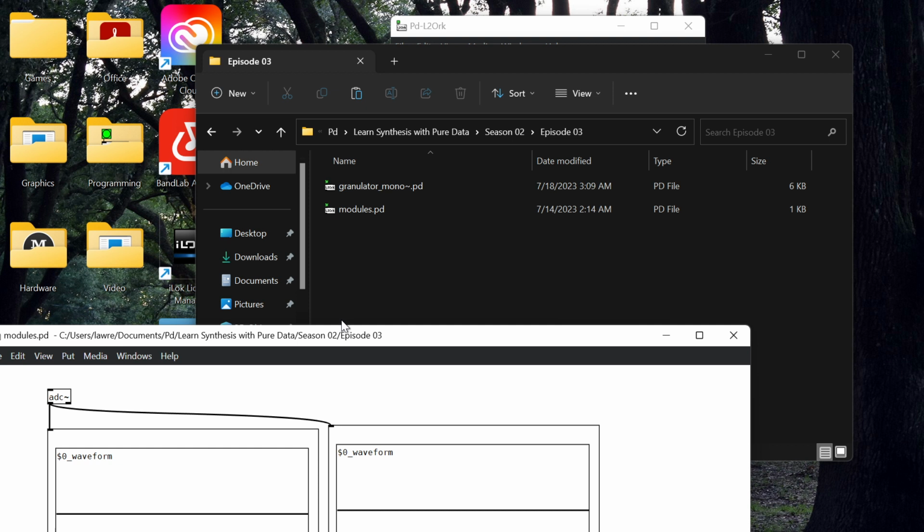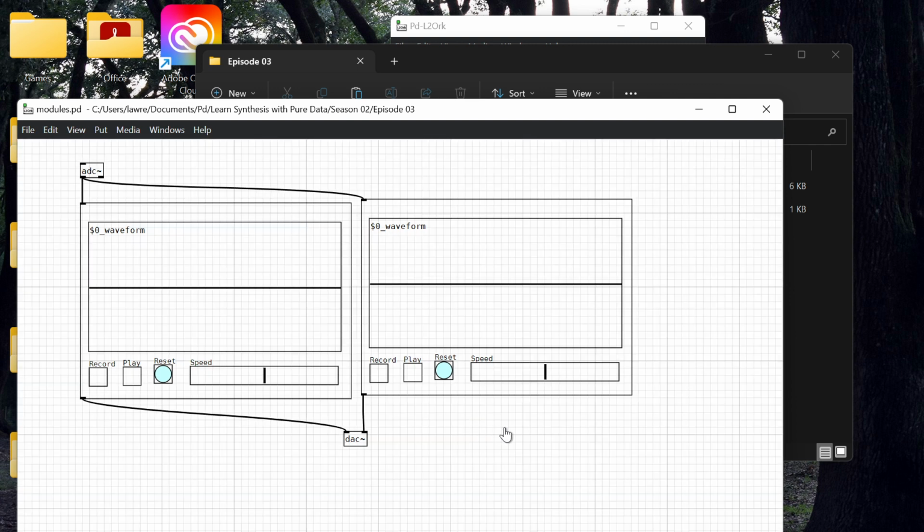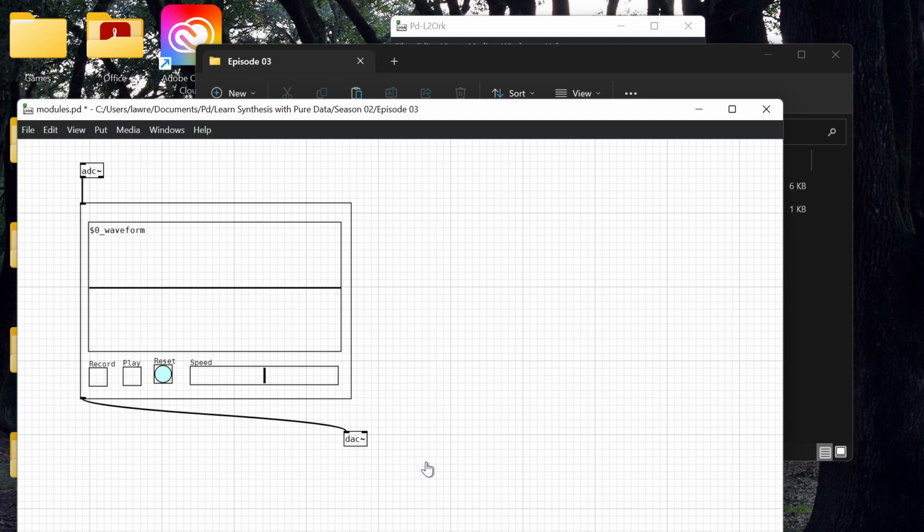tilde.pd. So last time I showed how to make objects and just do that. What I've decided to do this time is we certainly don't need two of them. That was just to show you how abstractions work. I just hit Control E to go into edit mode. I could just simply select that, delete it. All we need to work with this granulator and make it better and better and better